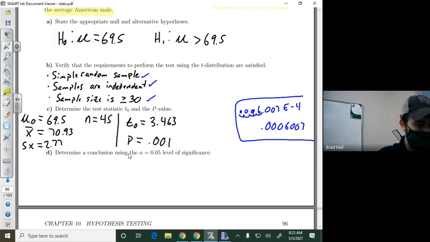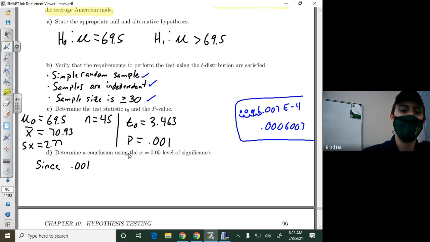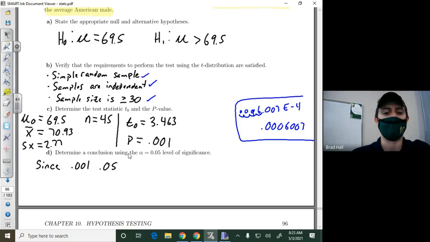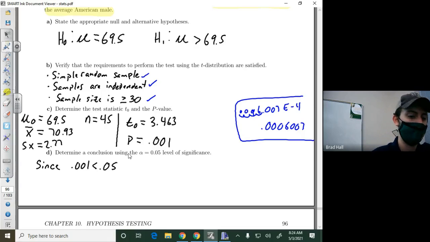So since 0.001, which was the p-value, compared to this value alpha here, is smaller than alpha,